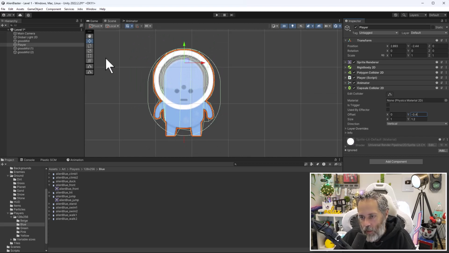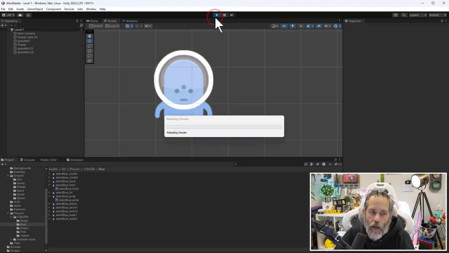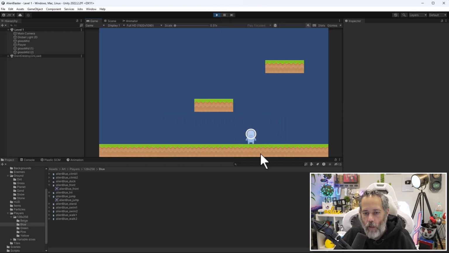Now, if I just save like this, though, and go back and play, we're going to run into an issue. Let's save and see what that issue is. So I save, I press play. Remember, we removed the polygon collider, added that Capsule Collider. No other changes yet. Now I can run around still. Looks good. Okay, let's jump up on a platform. Okay, that looks good, and it feels kind of smooth, and I can kind of fall down off the edge